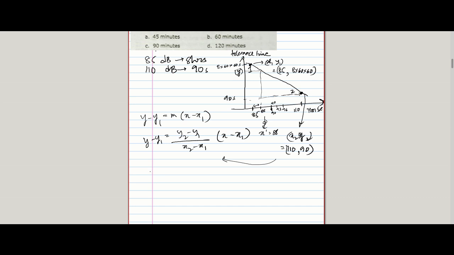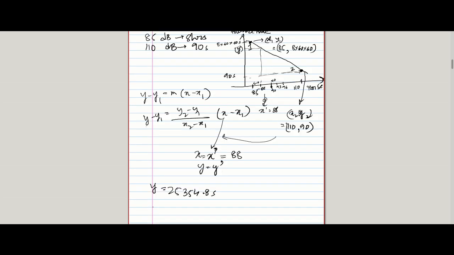If we put all the values, and at x we put x dash and y equals y dash, and x dash we know is 88, then we need to find y dash. We have all the values, we will get y as 25354.8 seconds. And so del y means the difference between these two values,